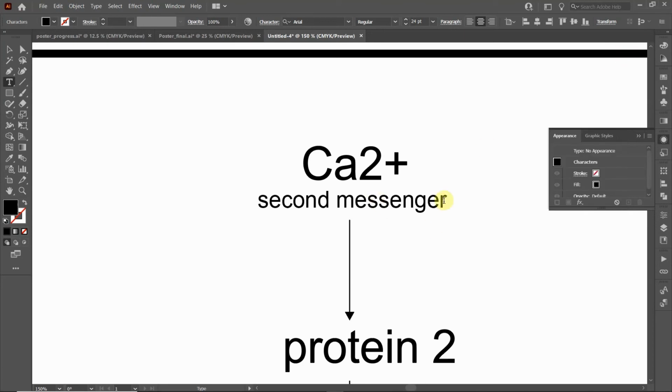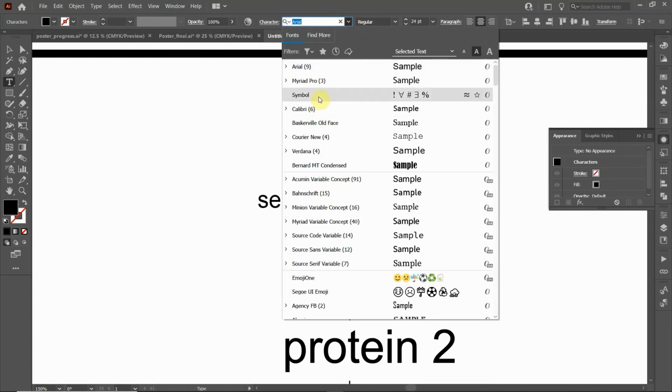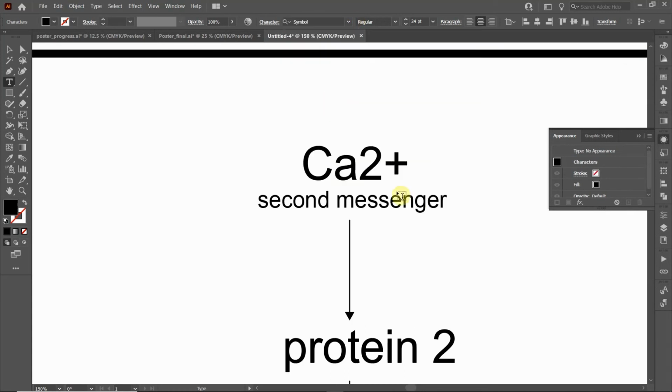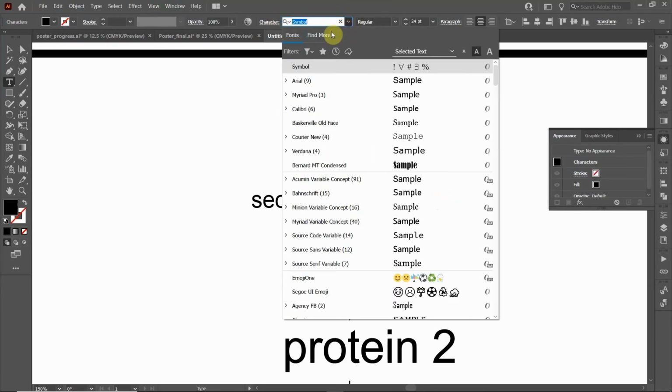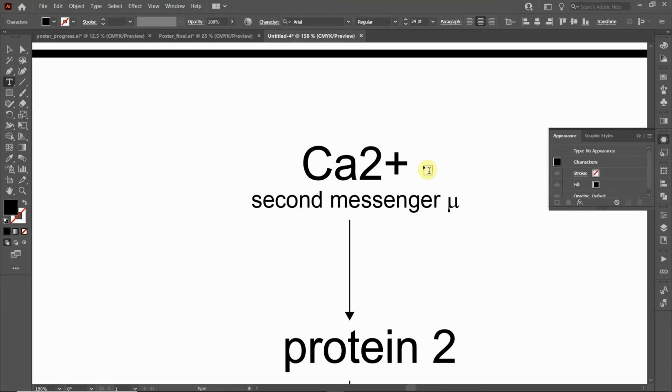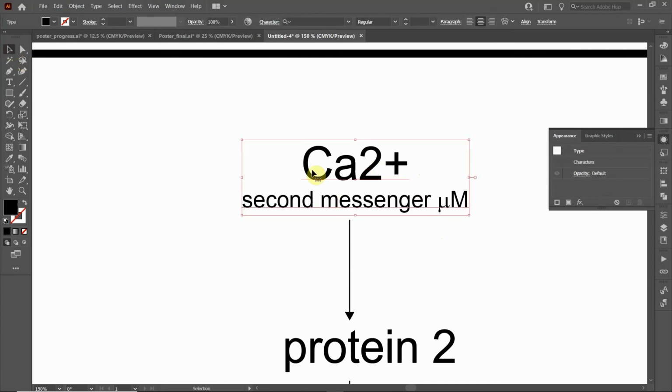Probably better would be to change the font to symbol, and just click on M, and then change that to Arial, and then Molar. Now, what you want to keep in mind is, now when you have a whole bunch